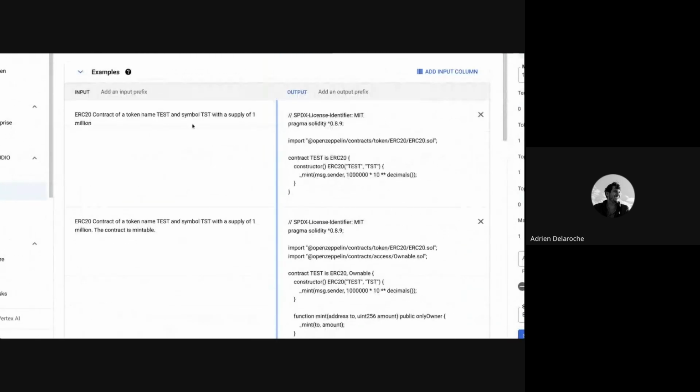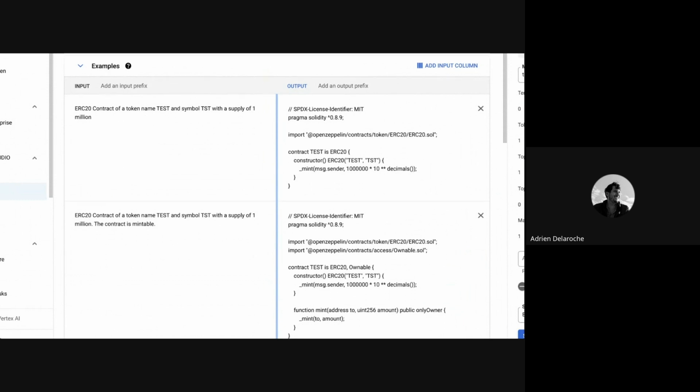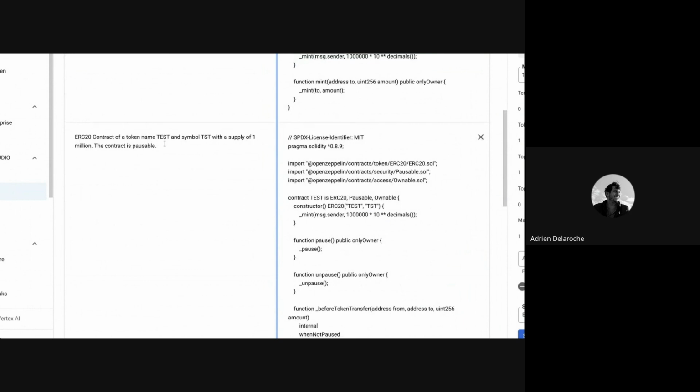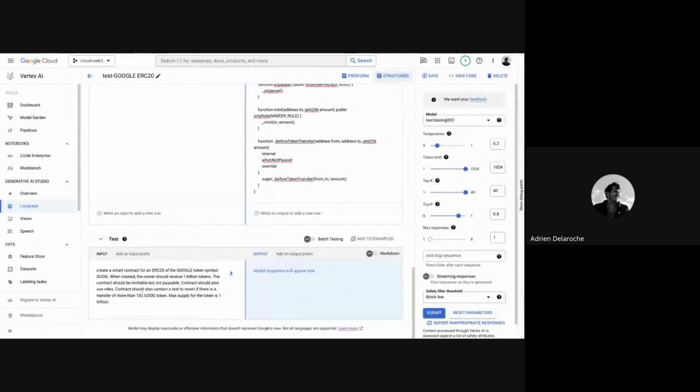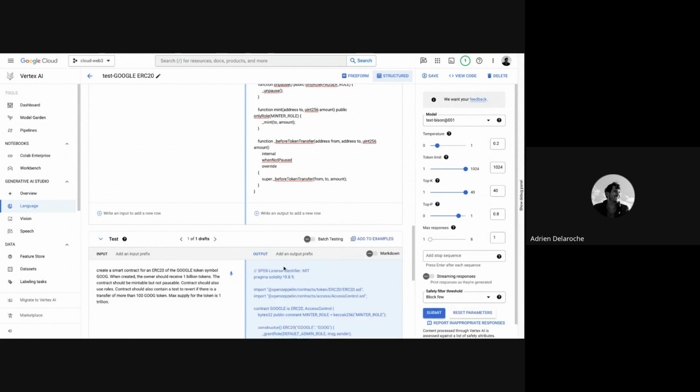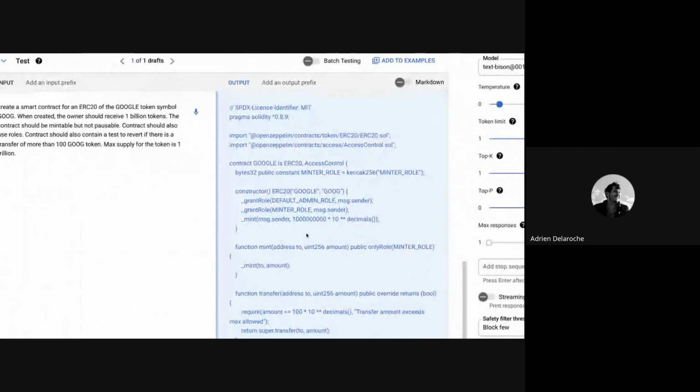examples here. What I've done is that I've used OpenZeppelin contracts to give examples of an ERC20 with an initial supply, an ERC20 that is mintable, an ERC20 that is pausable, and use the open source OpenZeppelin documentation to give the examples here. So with these few examples, if I ask the LLM the exact same query with the exact same parameters to the same LLM, and I submit, then we will see that the answer is basically a bit